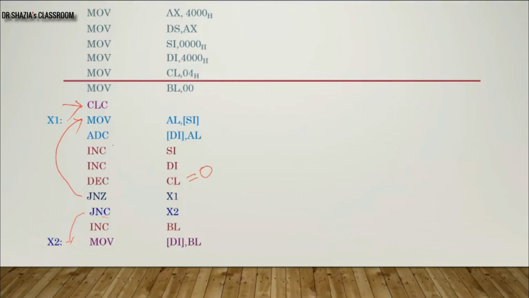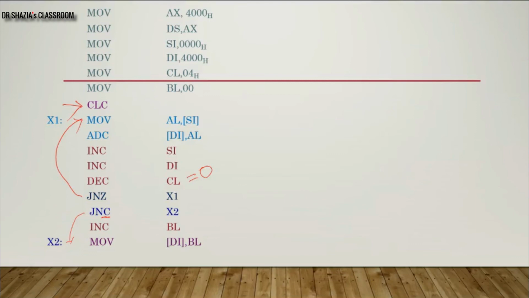First, when we have written add with carry, as you know, ADD or ADC will affect all the flags. So my carry flag must also have been affected. In this case, my last byte, the 4th byte of data addition, has generated an end carry, so my carry flag will be high, will be set. After that, you are also doing increment and decrement instructions. These are also arithmetic instructions and they use your ALU, but they do not affect your carry flag. They will affect your zero flag, but they are not going to affect the carry flag. So whatever the value of this carry flag is, it is because of the ADC instruction.